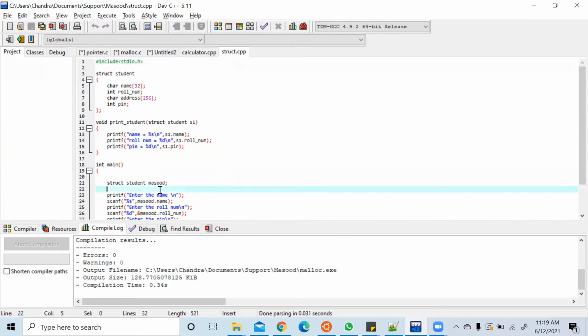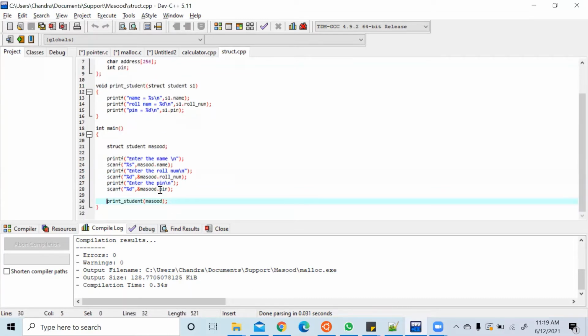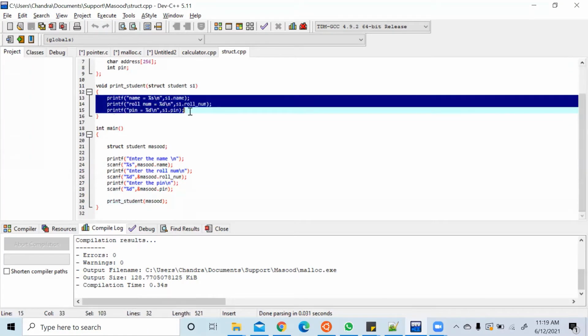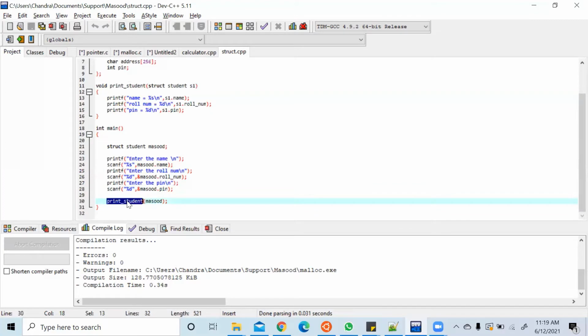And you all know what happens when a function gets called, right? I'm calling a function called print student here and passing a parameter called Masood, and that parameter will get printed in this function. When this function gets called, the corresponding assembly code is call and the address. But before this, it saves the current executing address, because it has to continue.